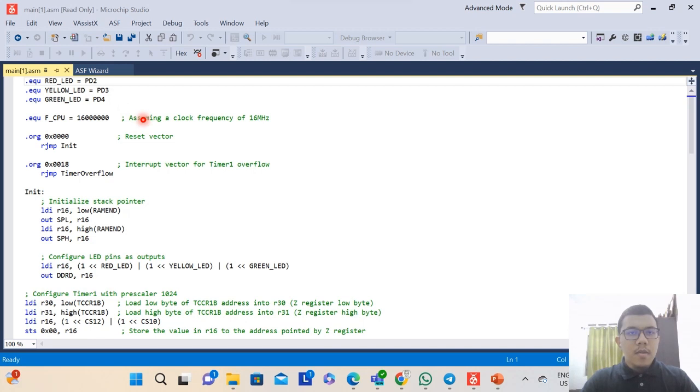We will now define the clock frequency to 16 megahertz, and then we will set the origin of two subroutines. The first one is the init subroutine placed at 0000 hex, which means it will be the first thing that is executed. This is the first instruction that will be executed when the system resets, and then we set the origin of the timer overflow subroutine at 0018 hex,